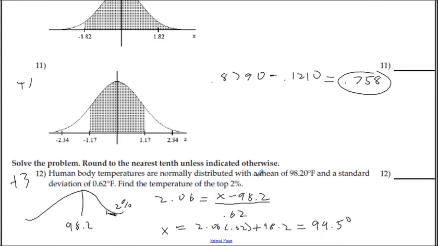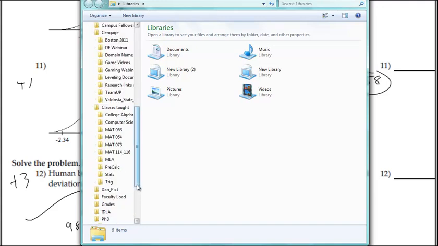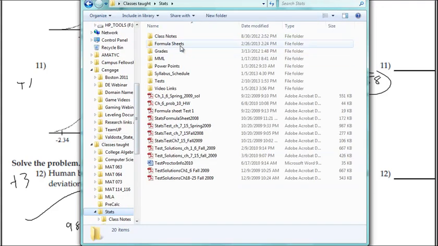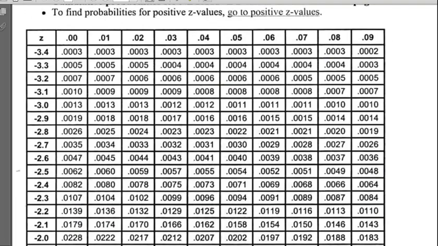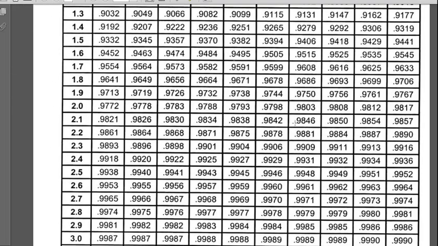Number 12, normally distributed, you want the top 2%. So you have to be able to go to your Z table. Let me pull that up real quick here. Let's go to the Z table here. Let's see here, stats, formula sheets, Z table. Okay, so if I want the top 2%, I have to look in the body for the top 2%. And that's about right here, which is about